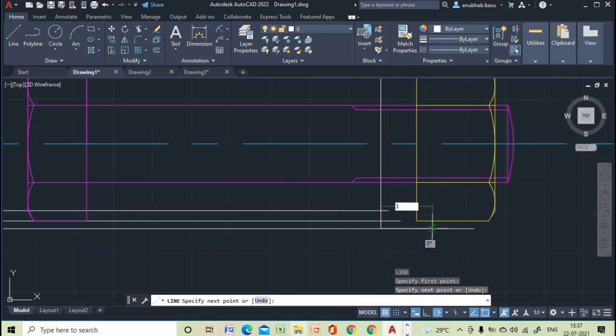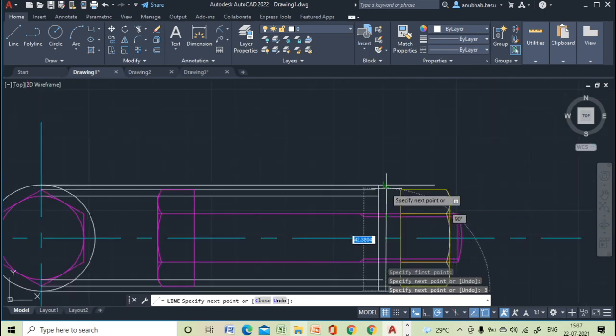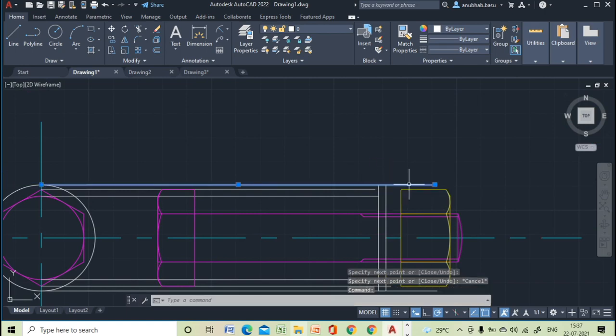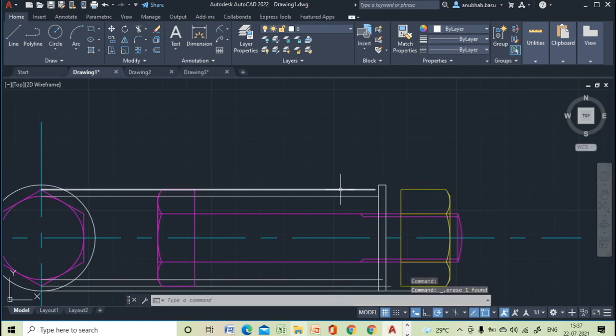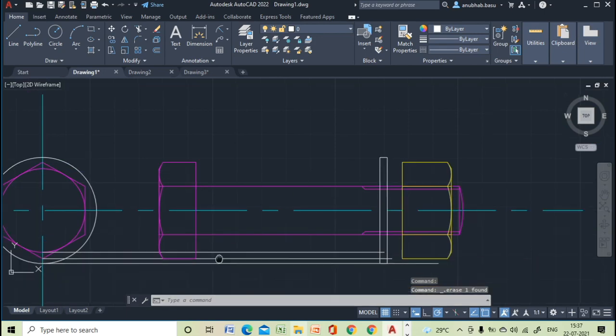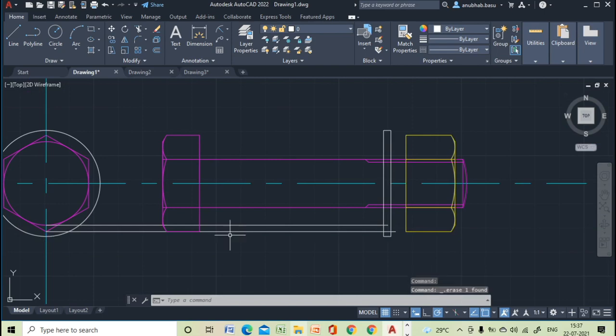And then again we'll draw it up to this point. Now I am erasing all these projection lines so that the view will be clear.